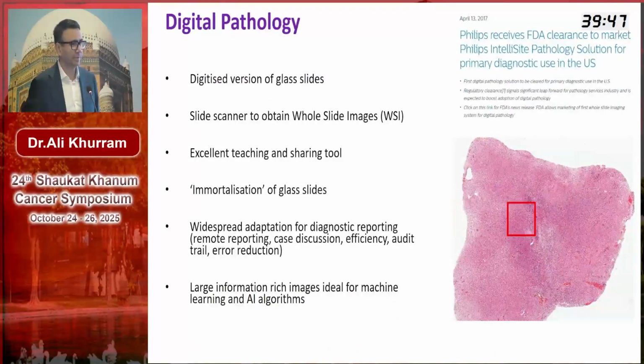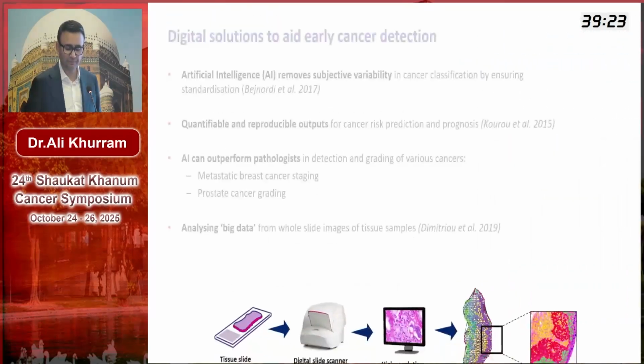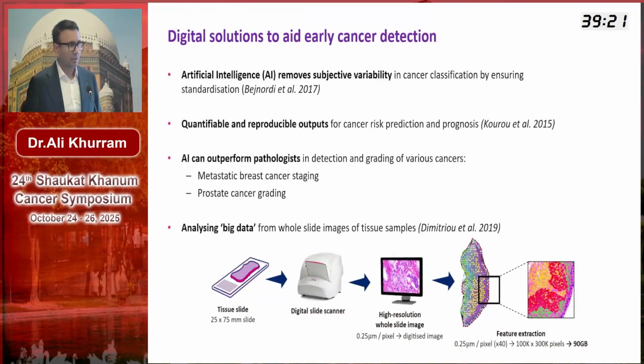So as you might be aware, digital pathology basically allows us to scan our glass slides, which means we can obtain whole slide images. These are quite large images, and not only are they excellent for teaching, that means that we can actually apply computer vision and image analysis models like anything else. And historically, the problem with pathology has been that it's been analog.